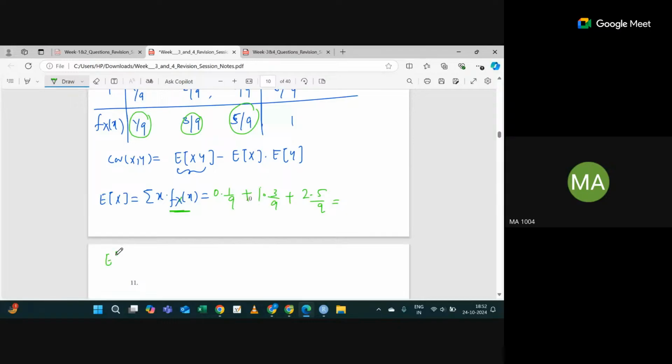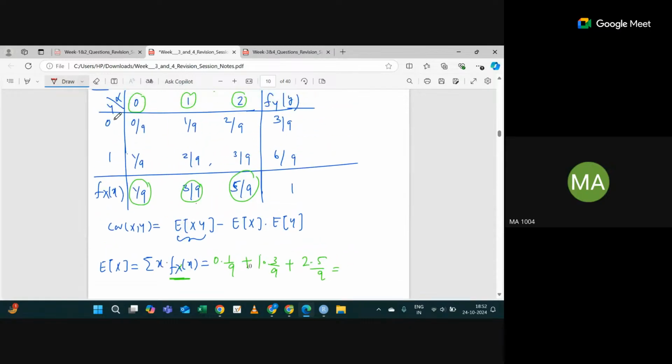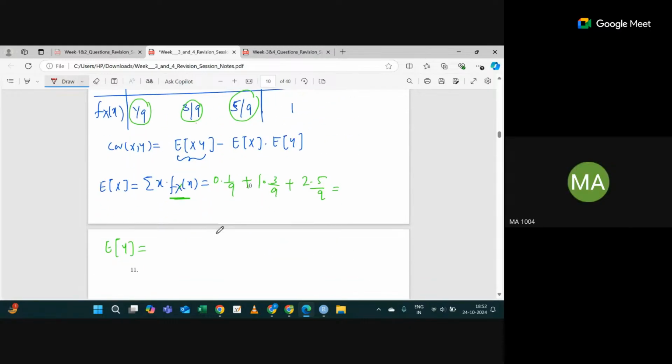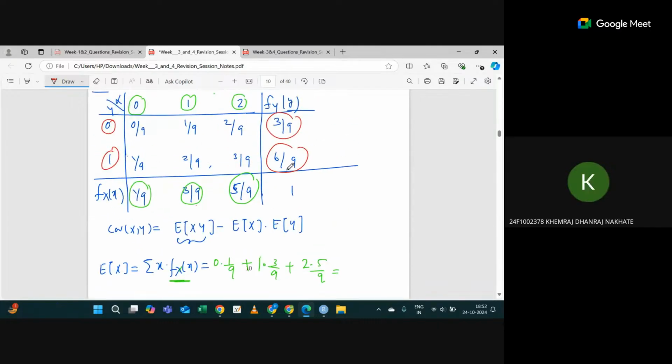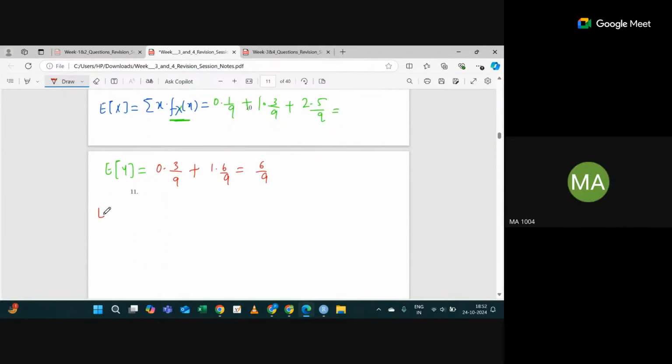Then what about the expectation of y? Expectation of y will be 0 into 3 by 9 plus 1 into 6 by 9, right? So 6 by 9 will be the answer. The main thing is how you will calculate the expectation of x into y. Expectation of x into y is nothing but the summation of x into y, and since this is joint,